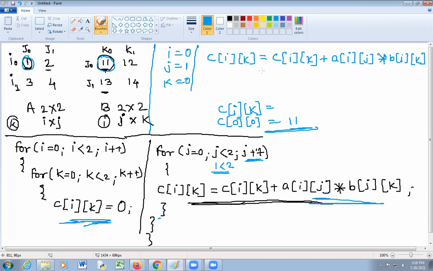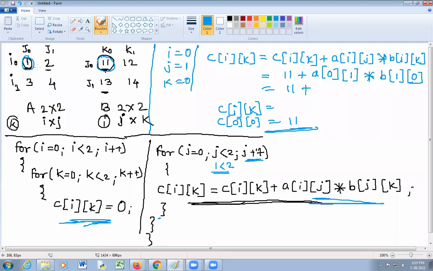So here again I have written this formula. C of ik, value of C of ik is right now 11. 11 plus A of 0 1. Value of I is 0, value of j is 1 into B of 1 0. Value of j is 1, value of k is 0. So this is 11 plus 0 1.